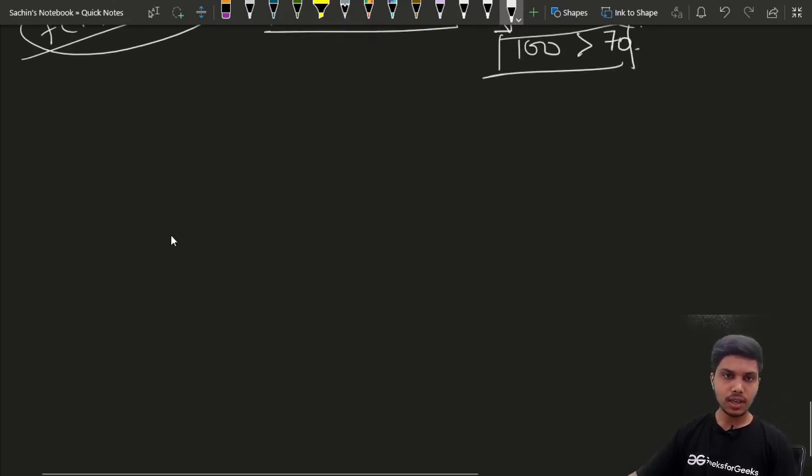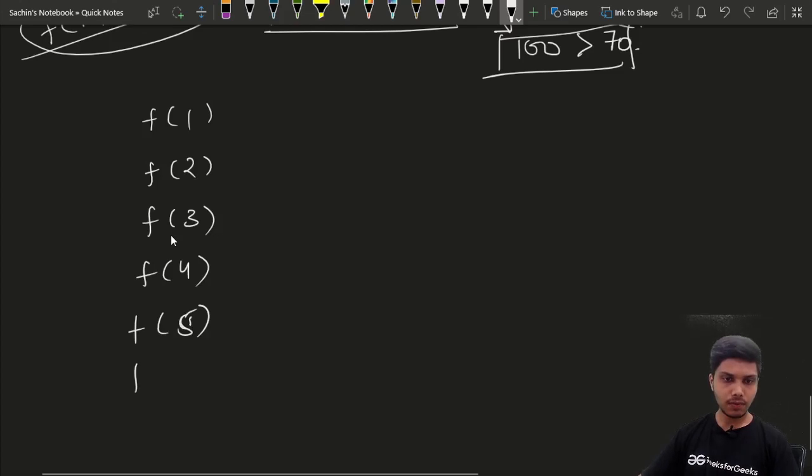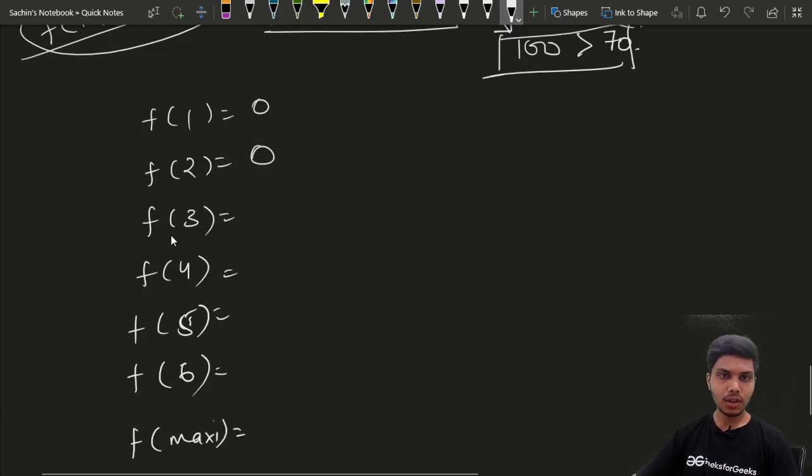Okay, so let's see how we can apply binary search. Let's see if we call our function for values from 1 to, let's say, the maximum value. The values returned by this function would be in a monotonic, sorted way.